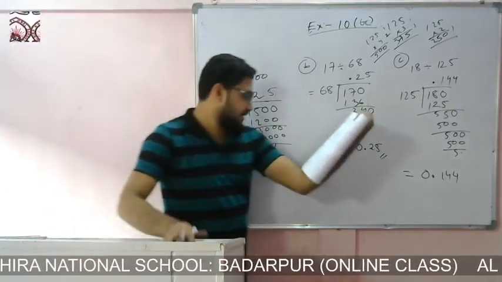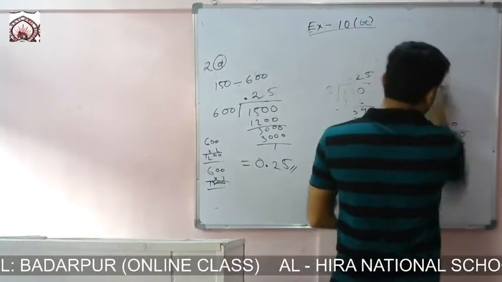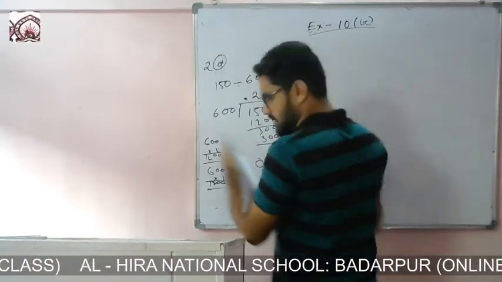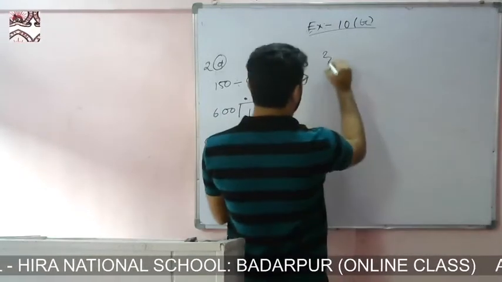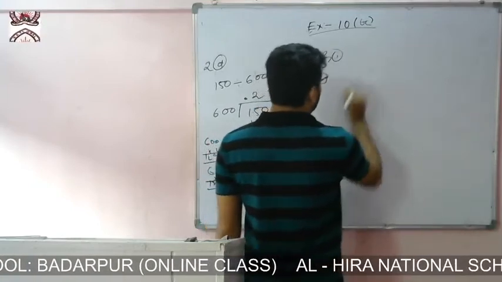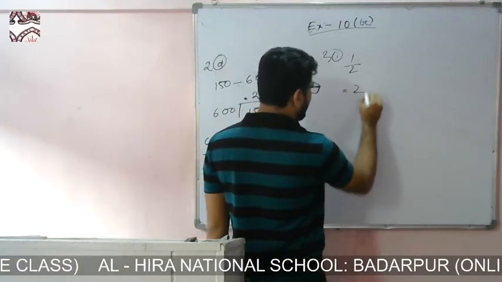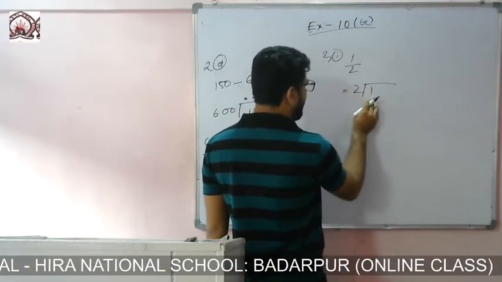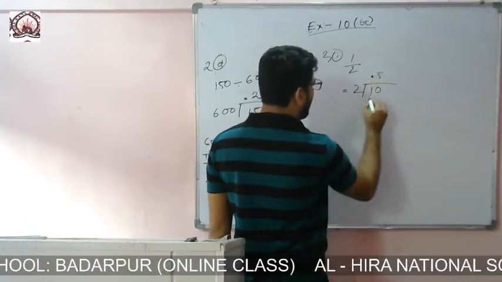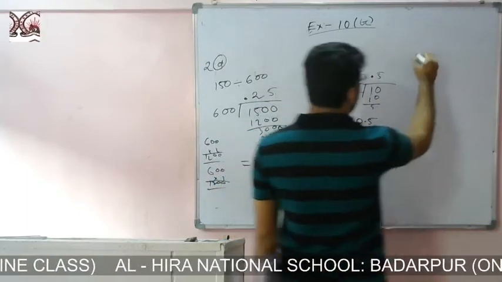Now come to question number 3. Question number 3, you see, convert into a decimal fraction. That means we have to convert this one into a decimal fraction. How? You write 2 first, then you write 1. So it is not divisible, so we'll put a point, then we'll bring 0. Then 5 2s are 10. Okay, then you can write 0.5.